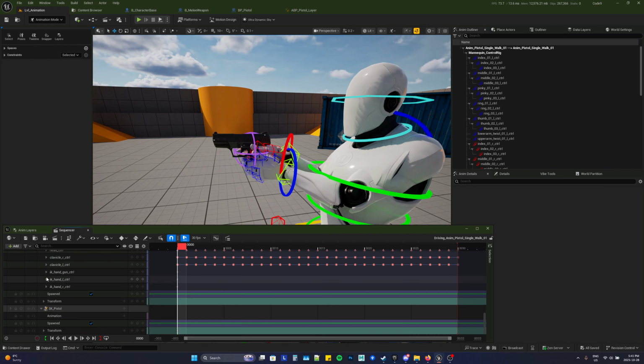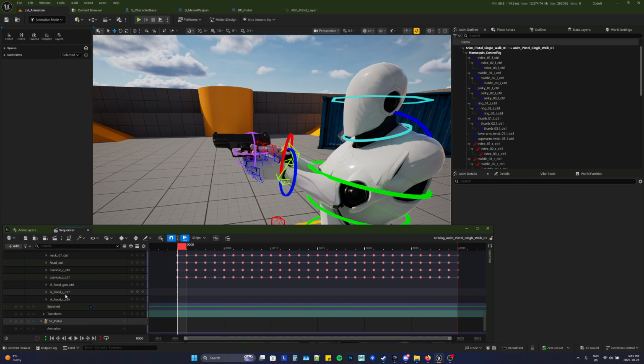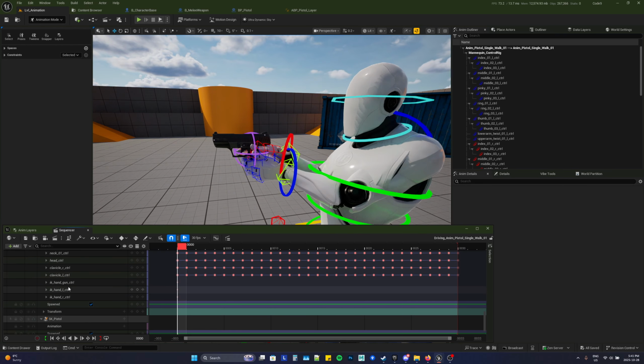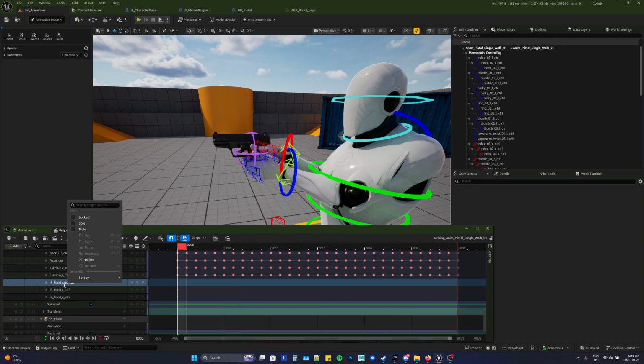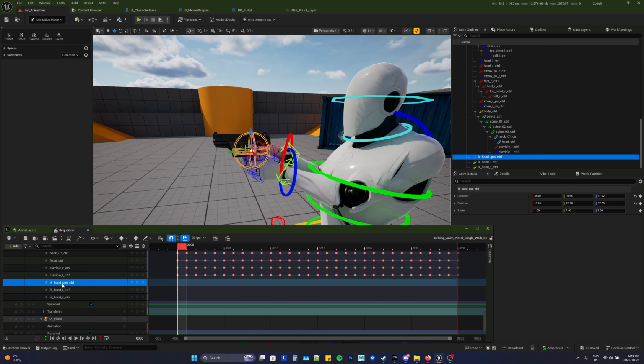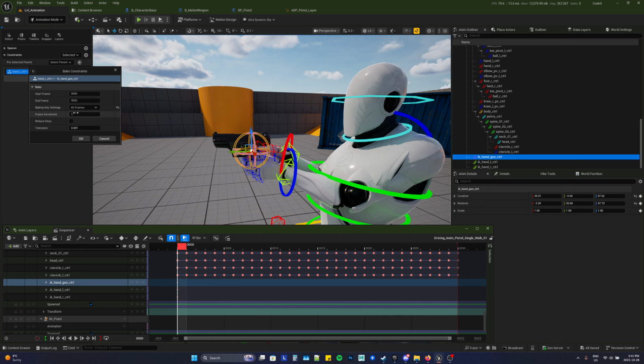So what I want to do in this case is I want to bake out these frames because I need to remove some constraints. So what I want to do is first, let's take the handgun control, and under the constraints, there's this button called Bake, and I'm gonna bake all frames,